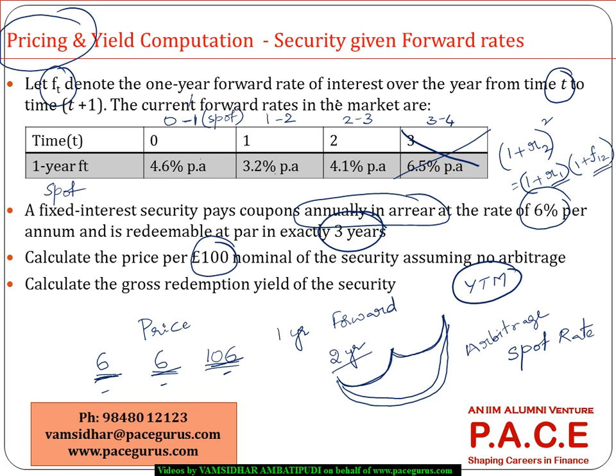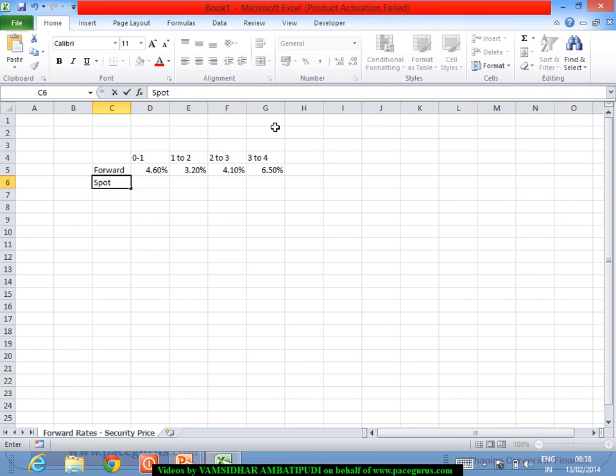R1 is the 1-year rate. R2 is the 2-year rate, which is computed based on the 1-year spot rate and the forward rate between 1 and 2 years. And the 1-year spot rate is the same as the 1-year forward rate because both of them represent the interest between 0 to 1 years. So when I am talking about the spot rate for the first 0 to 1 year, this is going to be the same. But when I want it as between 1 to 2 years, or probably for 0 to 2,